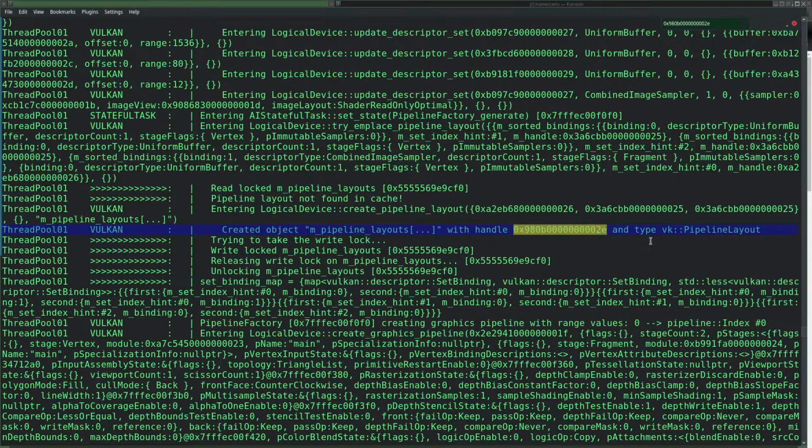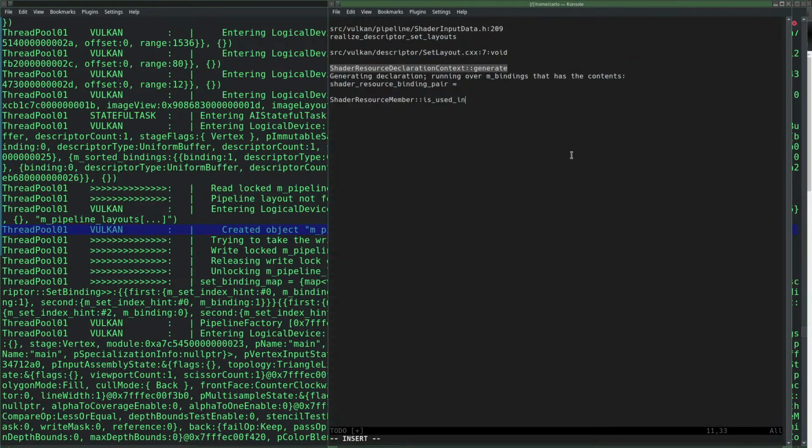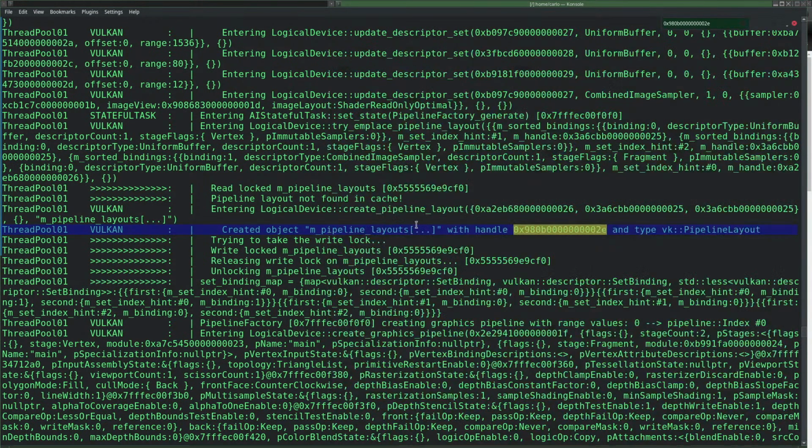There we are. Layout has been created. Great, pipeline layout was using this. Let me remember that.